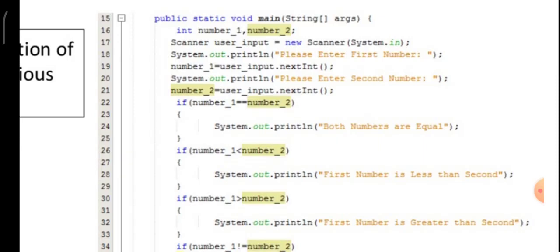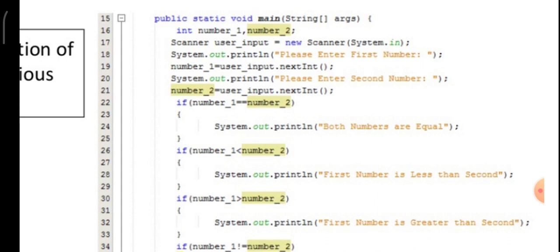Similarly, when you are keying in two values, here the user is going to key in the values. It is different from the previous example, because in the previous example you initialized it as 10 and 20, but here we are giving the flexibility to the user. Let the user type any value as he likes.